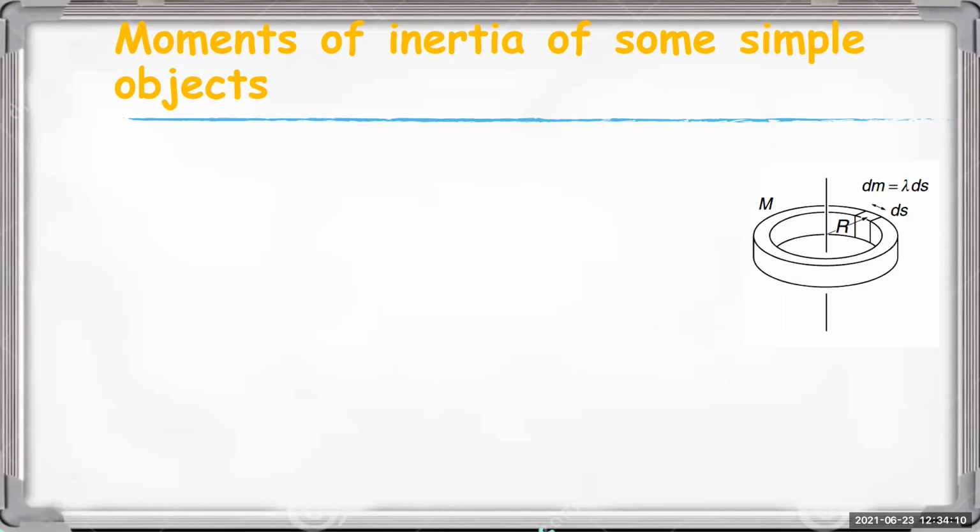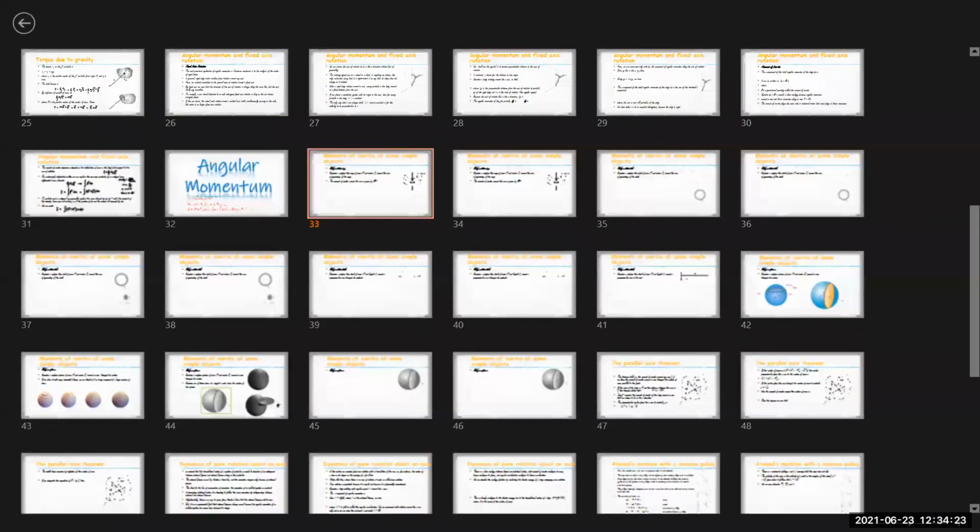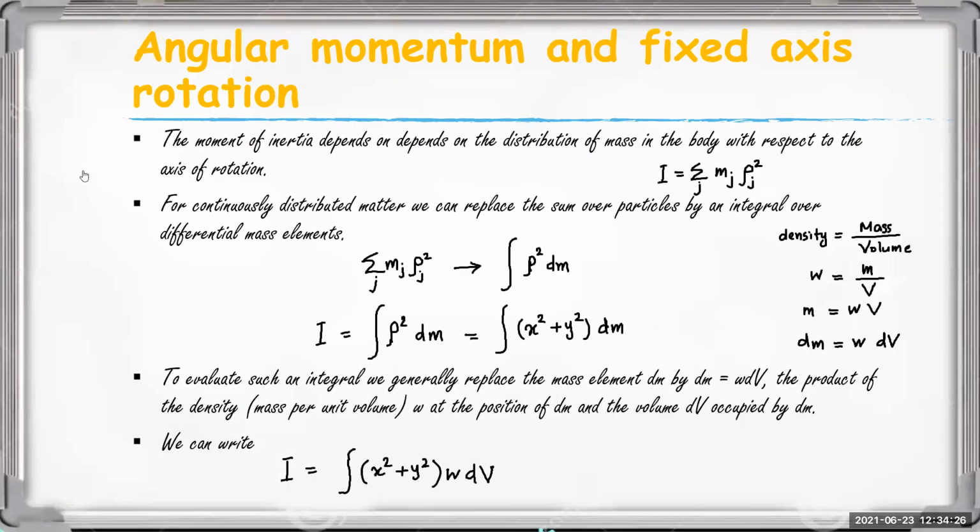Today, we discuss the moment of inertia of some simple objects. In the previous session, we discussed moment of inertia and we obtained the expression for moment of inertia. First expression is in terms of summation, I is equal to summation j mj rho j square,